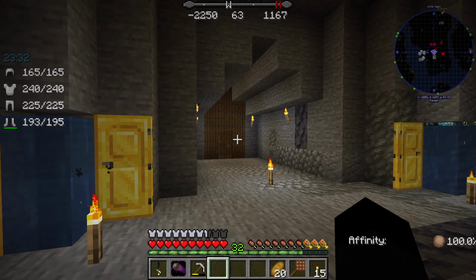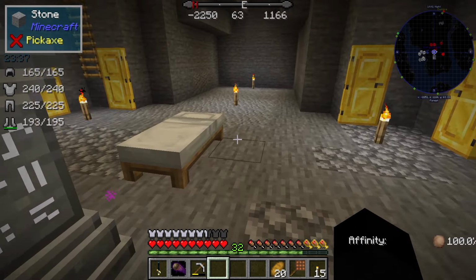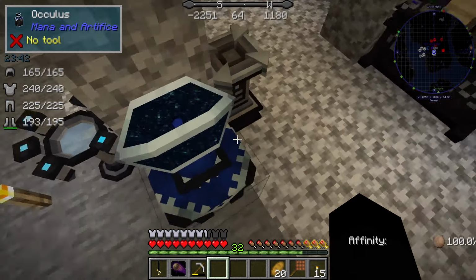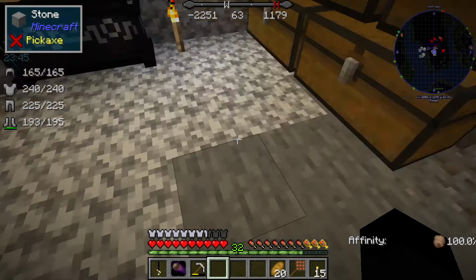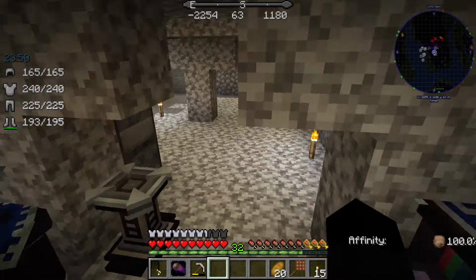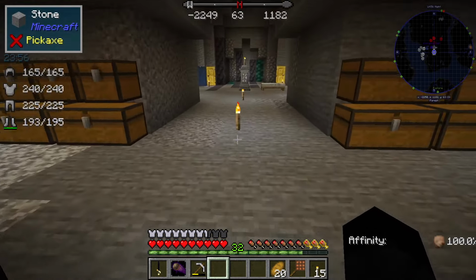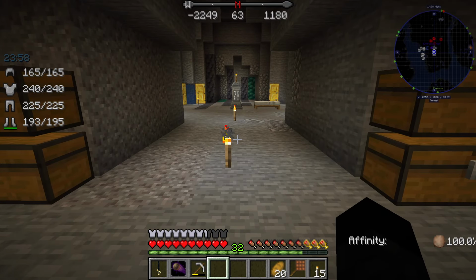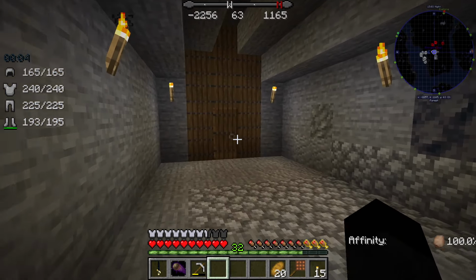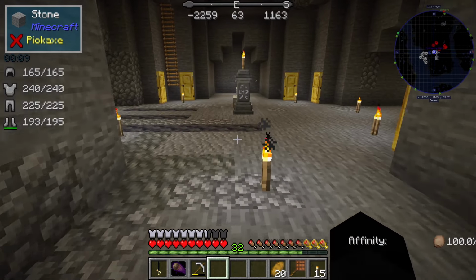My affinity for Earth is now 100%. Now, you will recall in Ars Magica that having an affinity of 100% was bad, because if I fell off of something two blocks tall, I took damage. That's not a thing. And at 100% affinity previously in Ars Magica, you would sink like a stone. Now, what happens